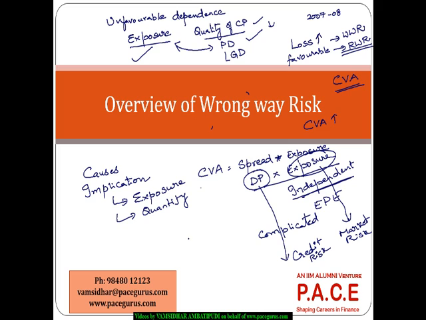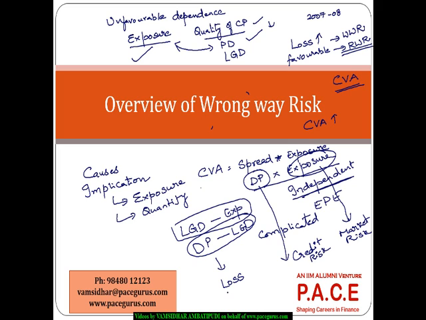So likewise, I can even think of finding the relationship between loss given default and exposure, or probably default probability and loss given default. If any of these kinds of dependencies give scope for additional loss being generated, or increase the loss of a particular institution, that is what gives rise to wrong way risk, right? So